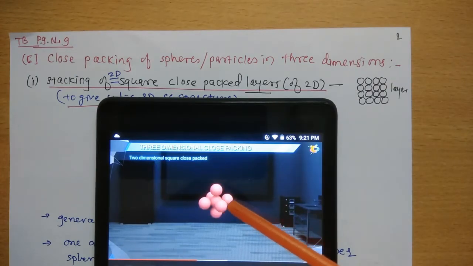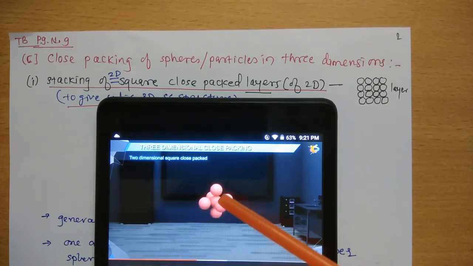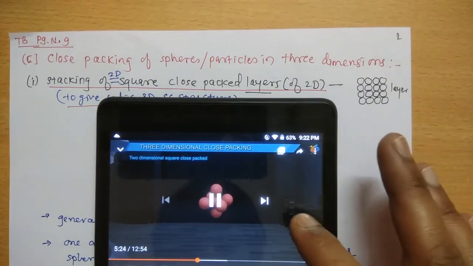Each sphere is in contact with the neighboring 6 spheres, that is 4 from its own layer, 1 from the above layer and 1 from the below layer. So the coordination number is 6. Let us see next.